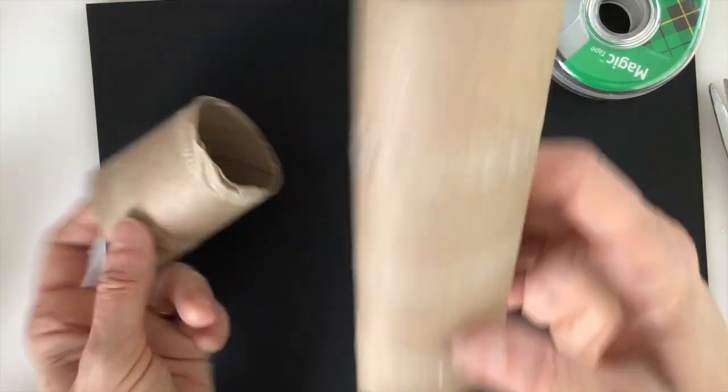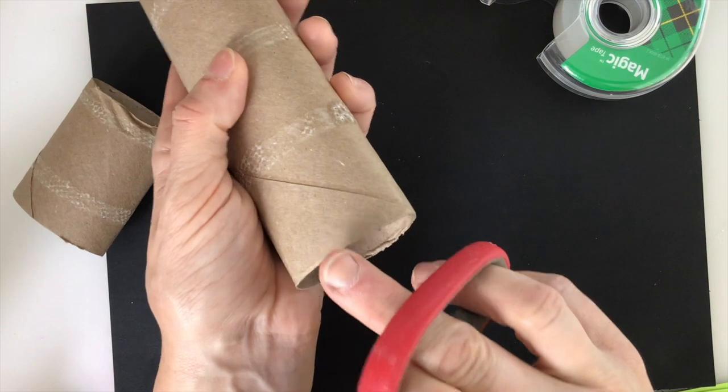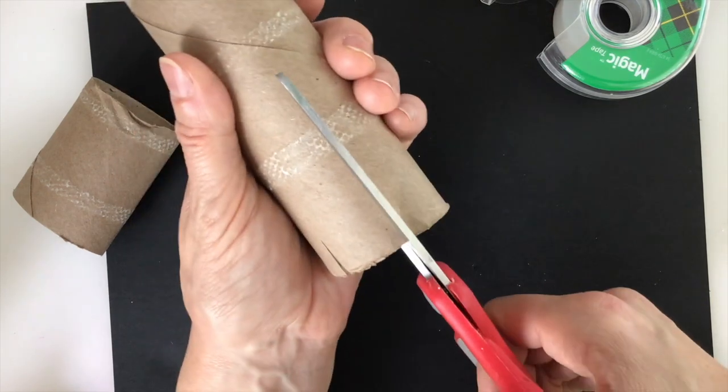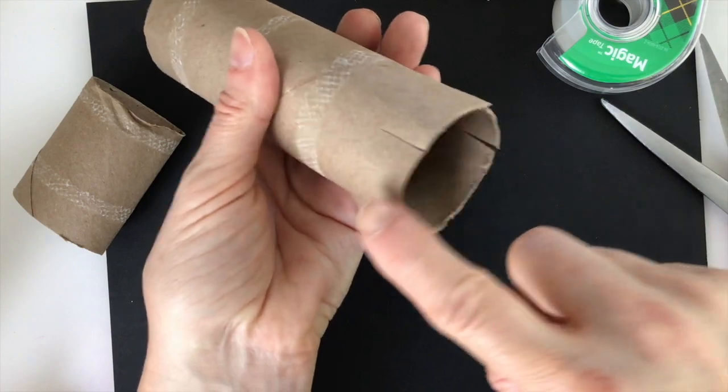There's a short and a tall. The tall one is the one we're going to use first. So what I want you to do at each end of the tube is simply make some short cuts, maybe about a half inch in length, going around the edge of the tube. You don't need a million of these. 5 or 6 cuts here,